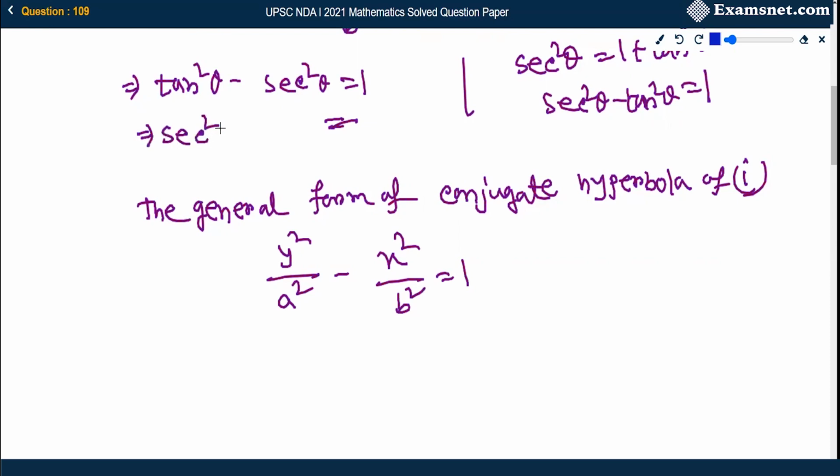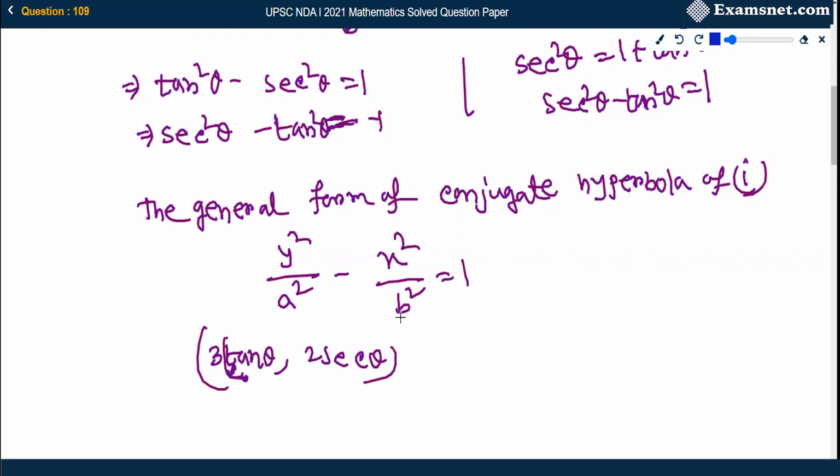If I try to write it this same way, we will get it as -1. So that's how we got that this is the conjugate hyperbola. That's what they're addressing. Now if we put the values, say (3 tan theta, 2 sec theta), a point on this hyperbola, so we will get 9 tan square theta by